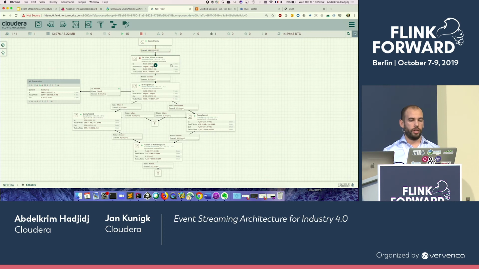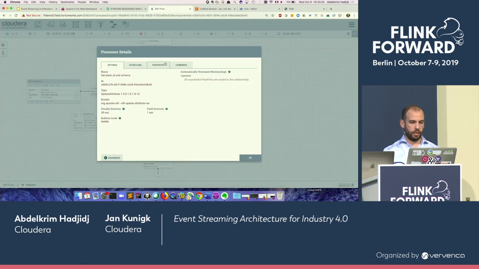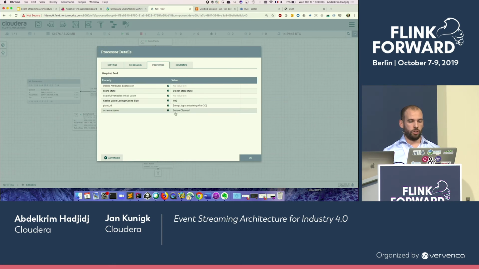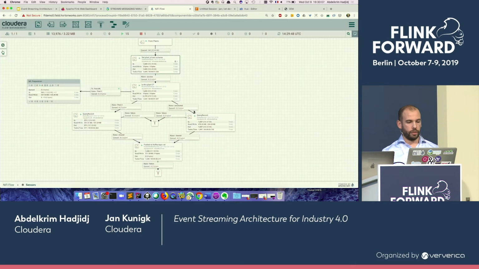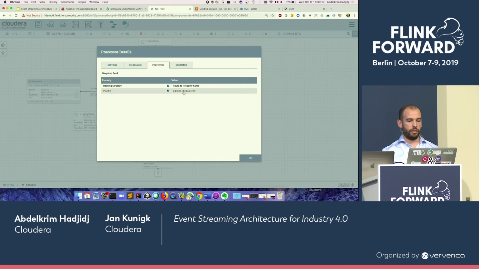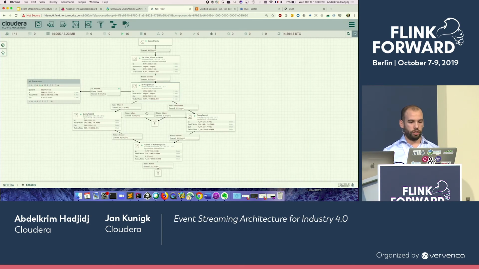So first we have a schema designed for this event. We have defined it in our schema registry, and we are using it here. We are saying that all the events coming from here should be parsed and serialized with a sensor schema. Then, let's say we have some particular transformation that we need for plant 2, we can do filtering.